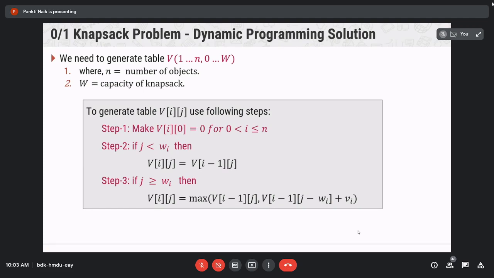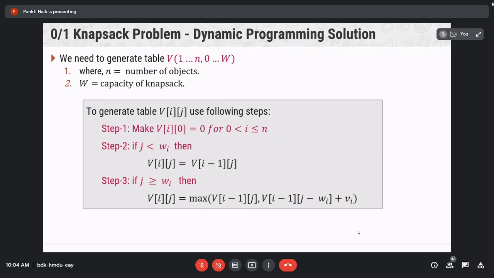Then step 2: if j is less than wi, it means your column index is less than the weight of that particular object, then V[i][j] for that cell of your table is equal to V[i-1][j]. So the previous row value, and which column value? The current column value, so V[i-1][j].